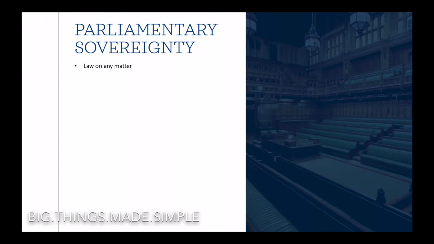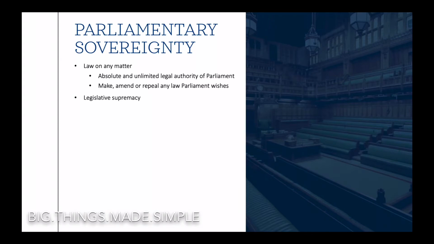The first refers to the absolute and unlimited legal authority of the Parliament, which has the power to make, amend, or repeal any law it wishes and on any subject. It can be reflected by the major social changes of the mid-1960s that involved legalizing abortion and homosexuality and abolishing the death penalty. Legislative supremacy refers to the fact that no other bodies have independent lawmaking powers and guarantees the supremacy of